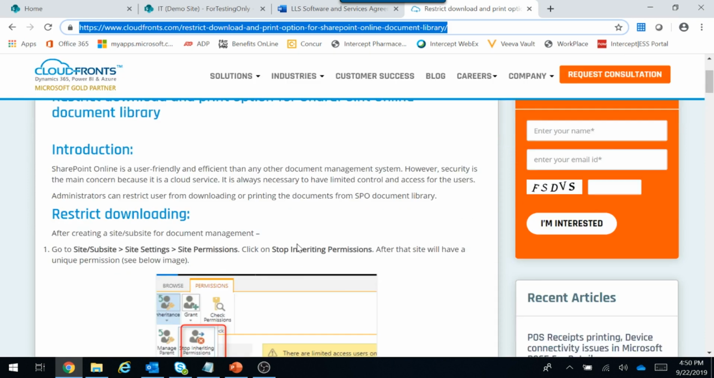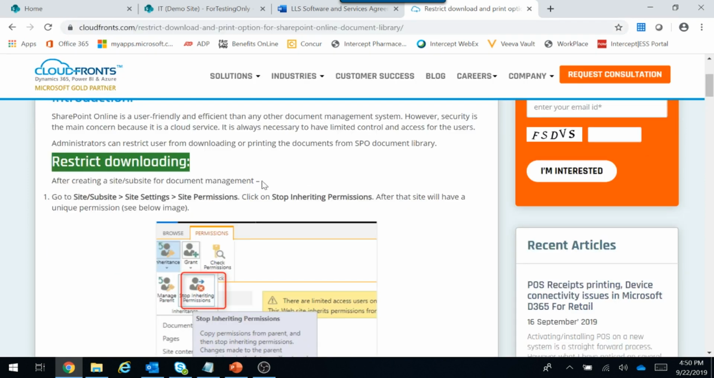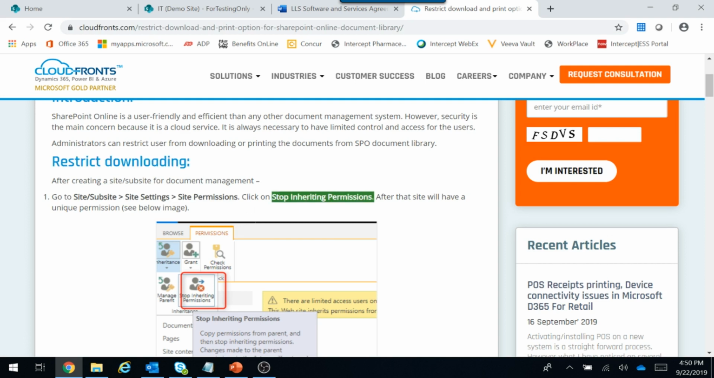In order to prevent or restrict downloading, the first thing that you have to do is stop inheriting permissions for your site. If you are a SharePoint administrator, you know that sites and subsites inherit permissions from the higher level. So if you create a subsite underneath a parent site, the subsite will automatically inherit the parent site permissions. But in order to